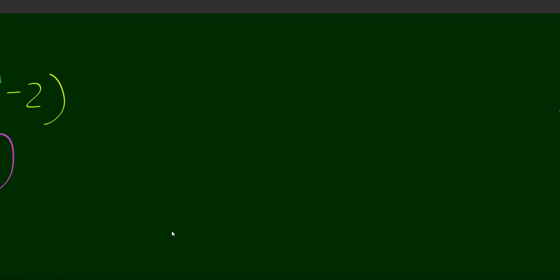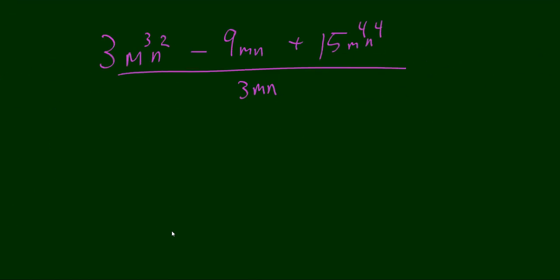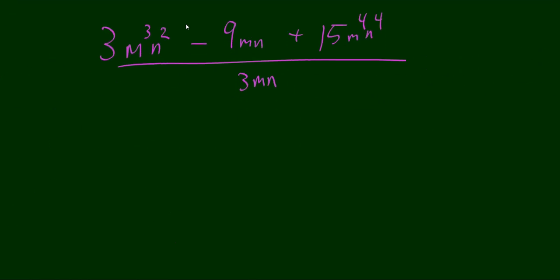Let's do 3 more. Here we've got a division one, and we've got 3 terms on top, 1, 2, 3 terms on top, all being divided by the same denominator. That means we need to be careful that we don't accidentally cancel something we shouldn't. I like to rewrite these as 3 separate terms. So my first one